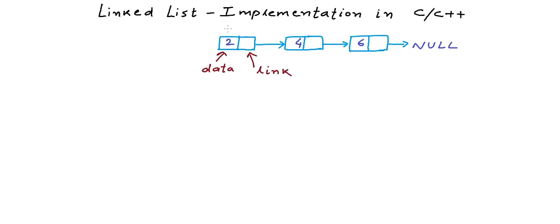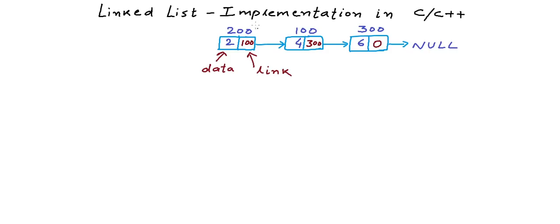So let's say the address of the first node is 200 and address of the second node is 100 and the address of the third node is 300 for this linked list. This is only a logical view of the linked list. So the address part of the first node will be 100, the address of the second node, and we will have 300 here. The address part of the last node will be null, which is only a synonym or macro for address 0. 0 is an invalid address. A pointer variable equal to 0 or null means that the pointer variable does not point to a valid memory location.